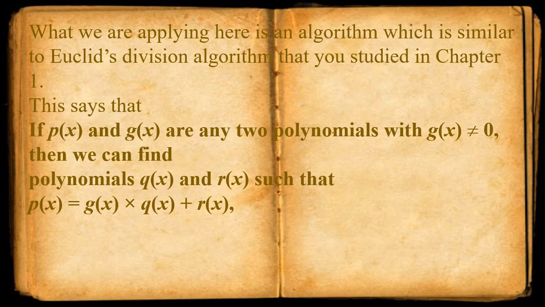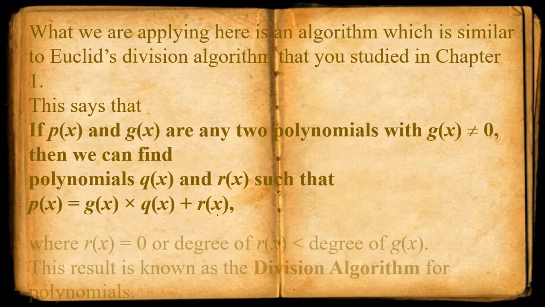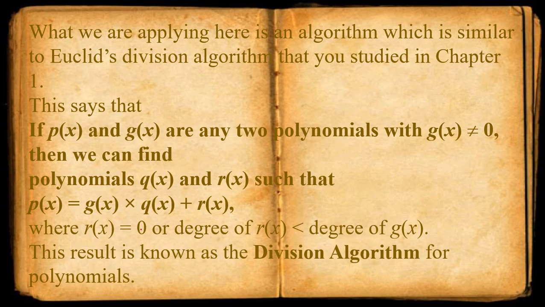So Euclid's division algorithm for polynomials says: if p of x and g of x are any two polynomials and g of x is not equal to 0, then we can find polynomials q of x and r of x such that p of x equals g of x into q of x plus r of x, where r of x equals 0 or the degree of r of x, that means the degree of the remainder, is less than the degree of g of x, that means the degree of the remainder is less than the degree of the divisor. This result p of x equals g of x into q of x plus r of x is known as the division algorithm for